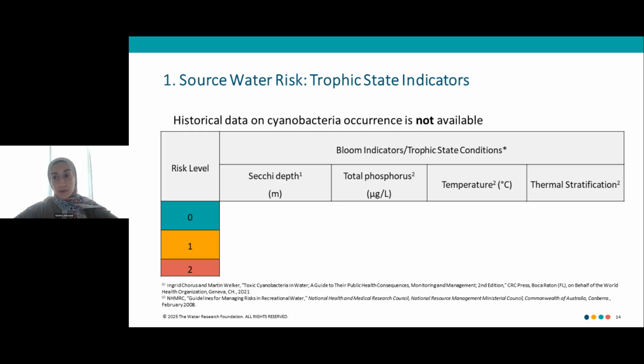For this table, most of the data are coming from the Australian guide because the WHO did not have thresholds for these parameters. And because these are less reliable than the actual cyanobacteria and cyanotoxin data, we do strongly encourage the utilities that use these parameters to include at least 3 in their assessment, so that it's not really biased towards only one parameter. So at least use 3 out of these 4 parameters